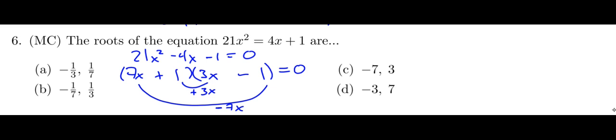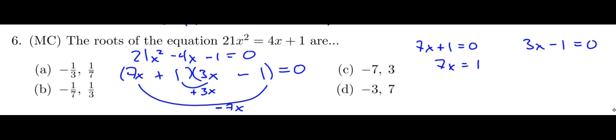Now I've got it in factored form here. So now either 7x plus 1 is equal to 0 or 3x minus 1 is equal to 0. In both cases, I will bring over the 1. Whoops, sorry, that should have been negative 1 there. And then I'm going to divide, and I will get x is equal to negative 1/7 or x is equal to positive 1/3. And my answer then is